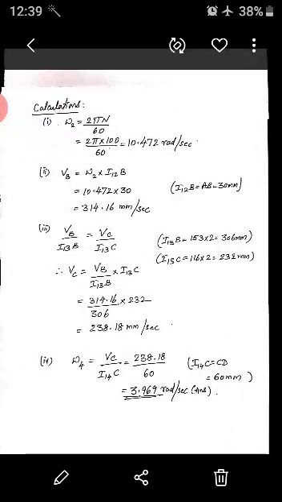Come to the next formula. Vb is equal to omega 2 into I12B. B point is on link 2. So we should always take I12, because when you refer with respect to link 1, you will get absolute velocity. Omega 2 into I12B. I12B is already given in the question paper. It is 30 mm, so we need not measure again. The original dimension itself is given in the question paper.